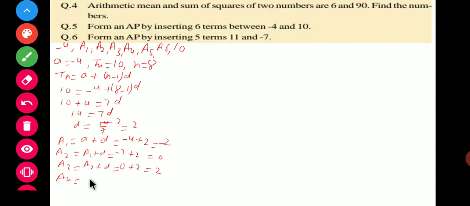And a4, that is a3 plus d, that is 2 plus 2, and it's 4, not 6, it is 4. Now a5, that is a4 plus d, it is 4 plus 2, that is 6. And the last, a6, it is 6 plus 2, so we get 8. So your numbers are